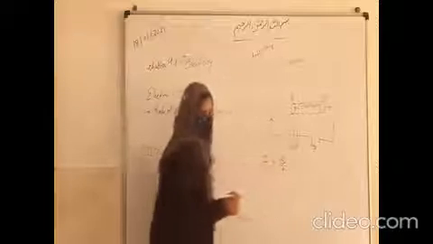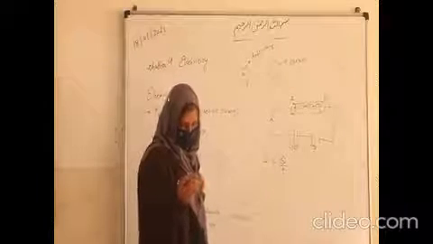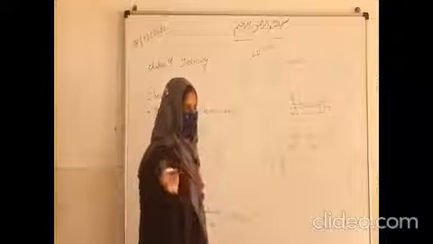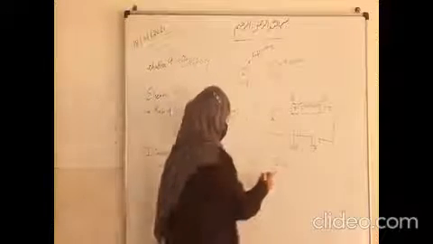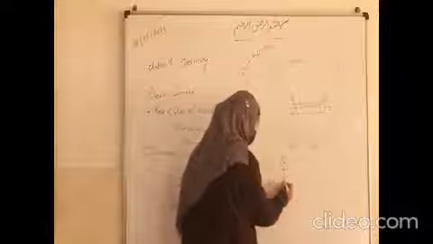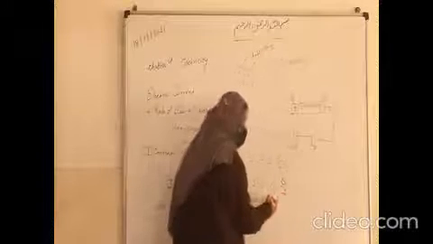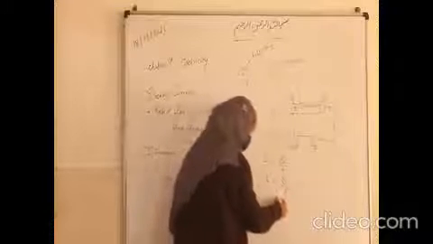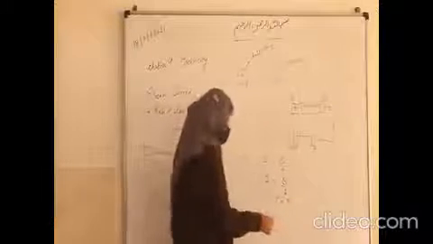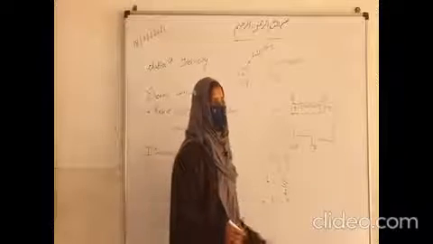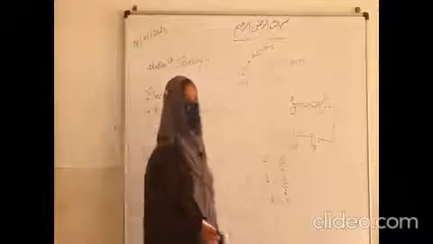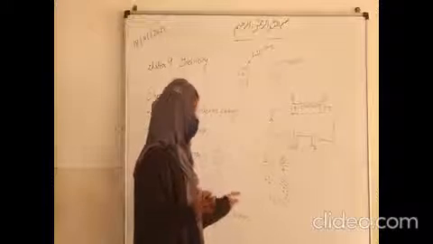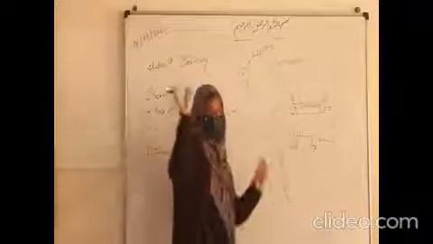Suppose 1 ampere current is there. 1 ampere current is drawn in 1 second. So how much coulomb will be there? What will be the flow of charge? Charge will be 1 coulomb, since 1 into 1 gives you 1 coulomb charge. Actually, I want to know that in 1 coulomb charge, how many electrons will flow in a wire?